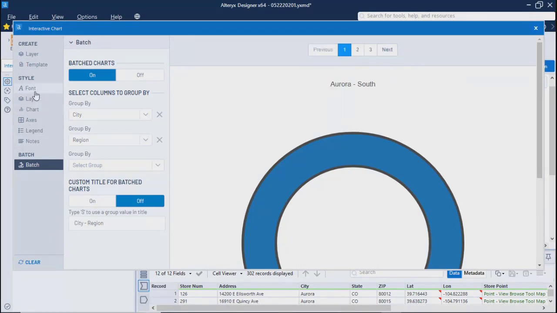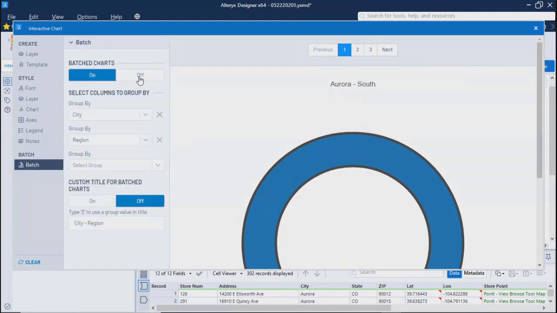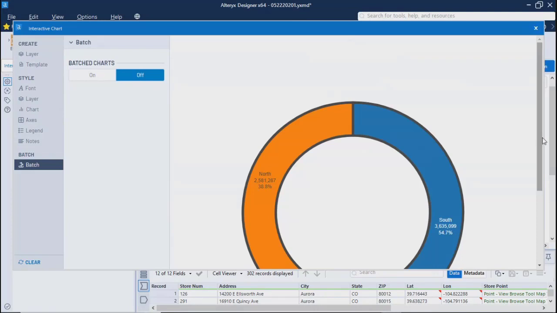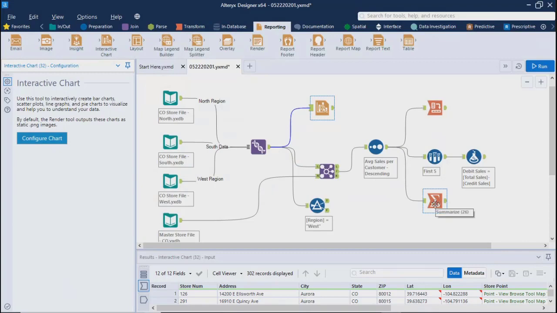So I'll just go with our normal chart at this moment. We'll turn off the pie chart, sorry, layers or batches. We'll just go with it and we can just close it at this moment. What will happen as soon as you close, you just provided the settings, right? Now you just run it once again.